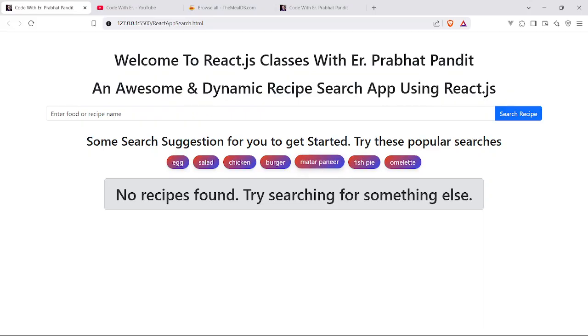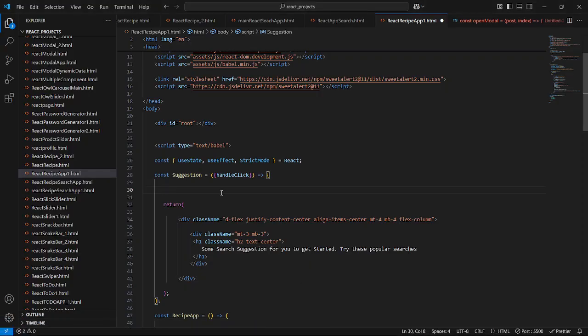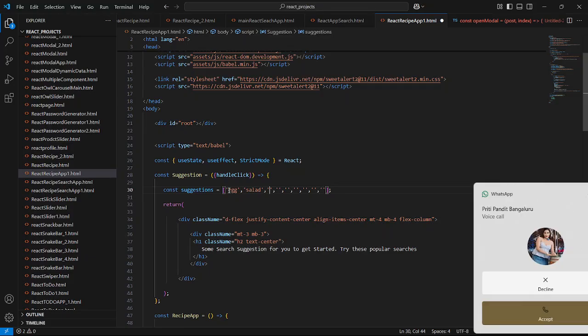This is it. So we are going to create one array. I'll say const, and I will just give suggestions like this, equal to, and create one array. Close this. I'll just do it like this very quickly. Close this, I hope. So we will just give egg, and we can say salad, and we will give